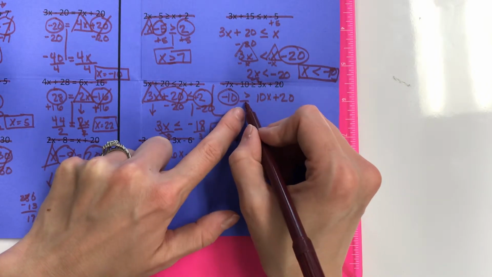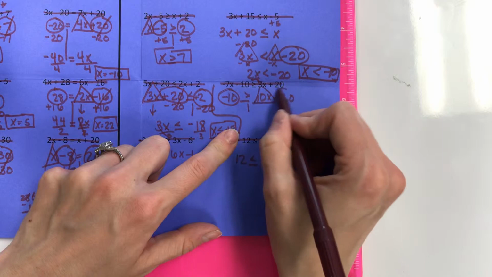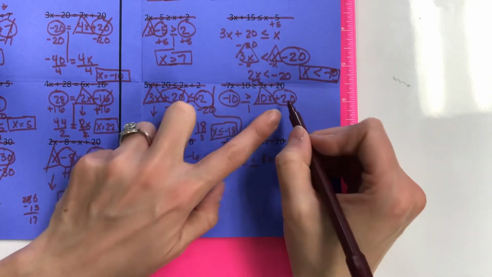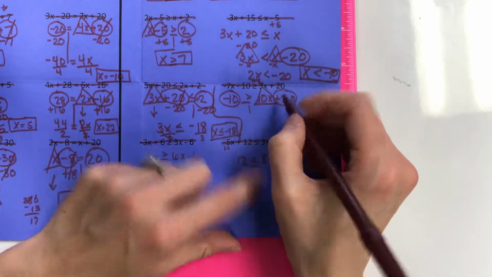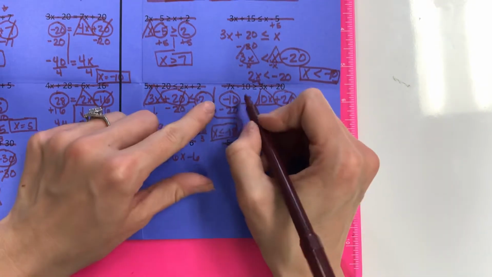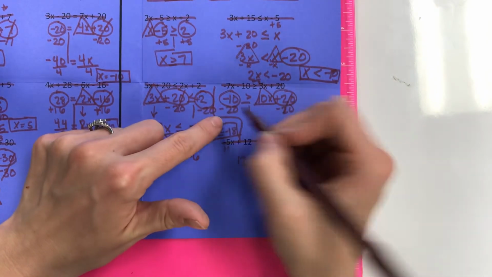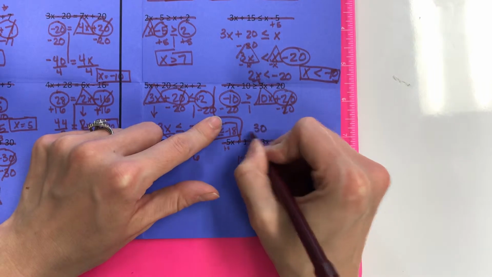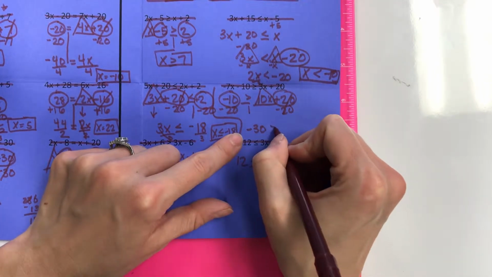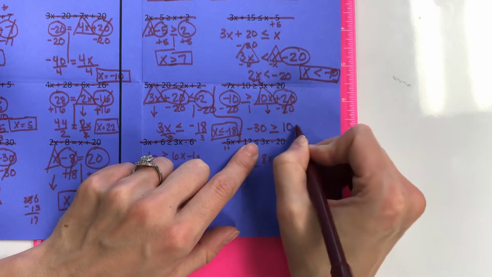Okay, but I've got a number. -10 is greater than or equal to 10x plus 20. And so I've got my variable and my number. So again, I can't move 10x, I can't move -10, I can only move this plus 20. So I'm going to do the opposite. And I've got -10, -20. So same sign, add, and keep the sign. I'm going to bring down my inequality sign, greater than or equal to,